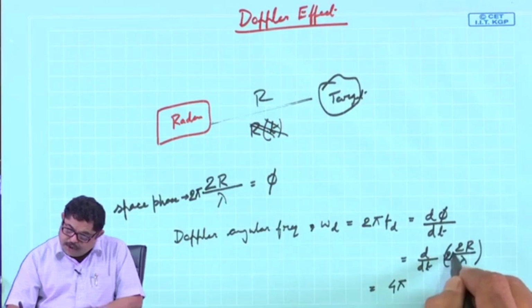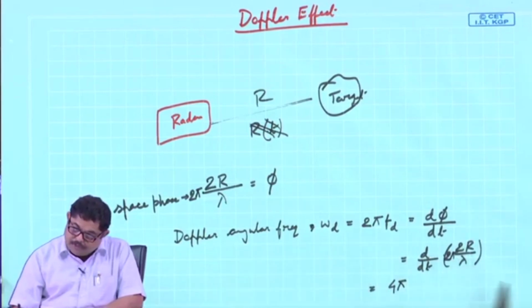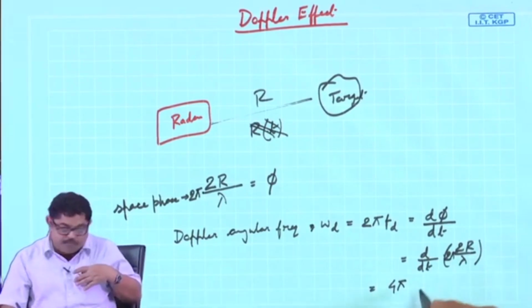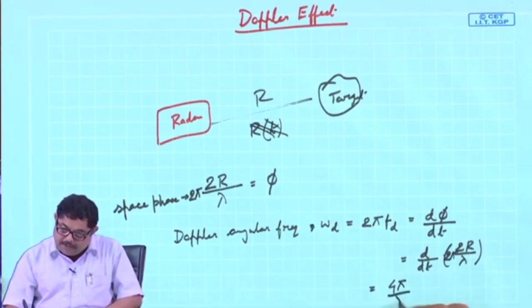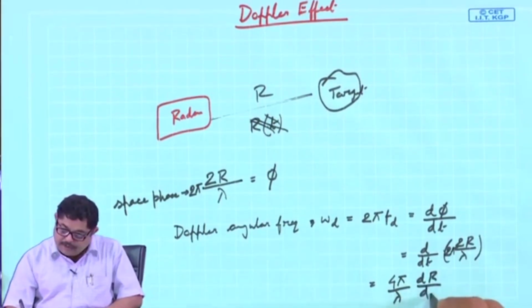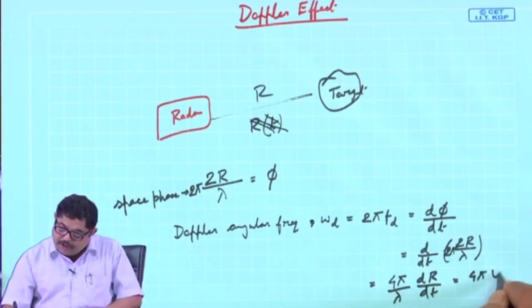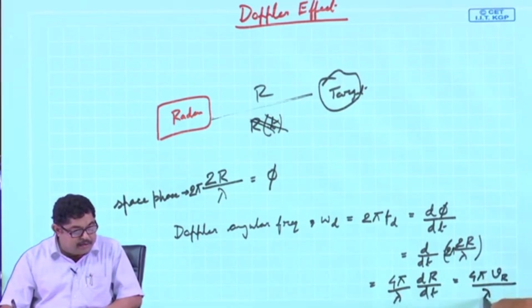So it is 4 pi by lambda into dr/dt, and that is nothing but 4 pi V r by lambda,